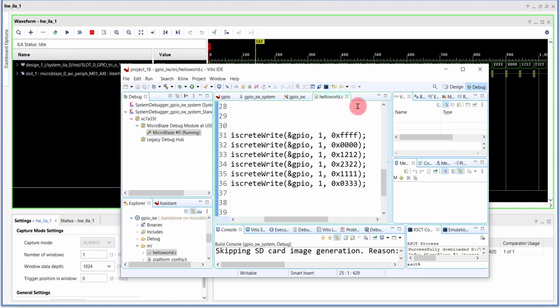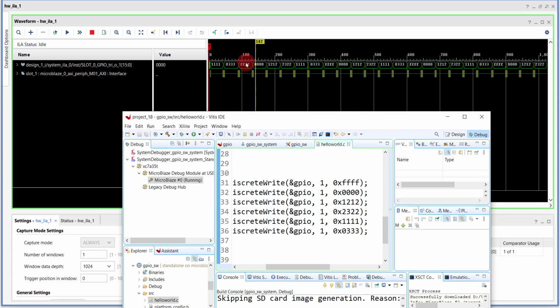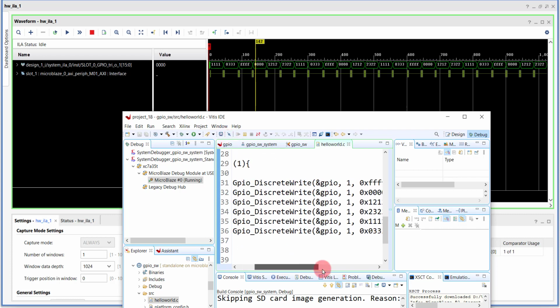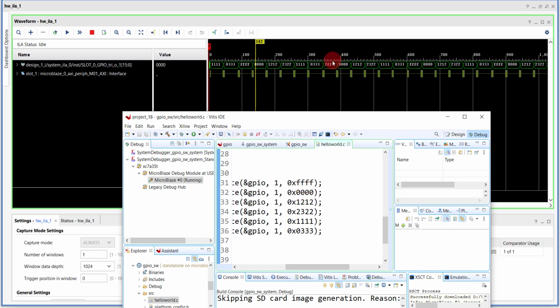So we have FFF, then 000, 1212, 2322, 1111 and then 0333. And again, since we are inside a while 1, we again start to get F. So this is how we probe and then analyze the data that is going on to a net as we perform a transaction.